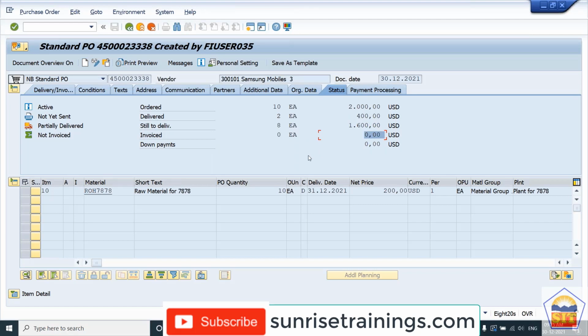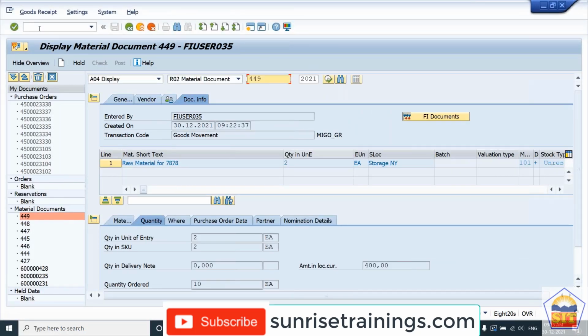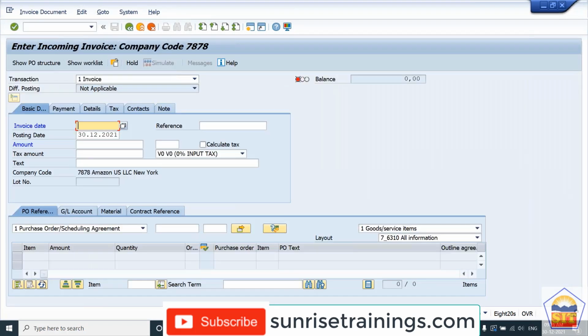So now we can go for the invoicing of 200 or 2 units we have received. And for that, we can go to the MIRO. Date is today's date. And we can give the reference of purchase order number 38.